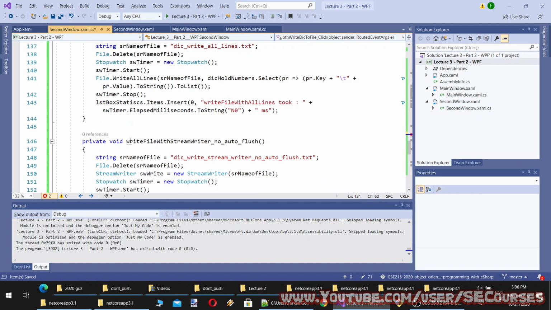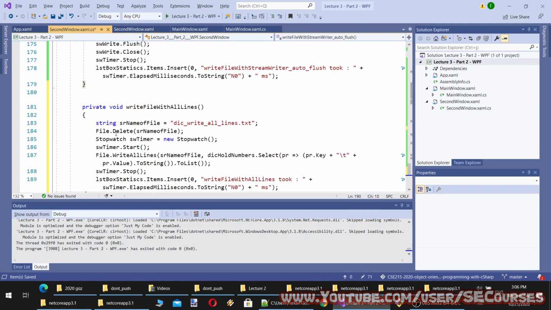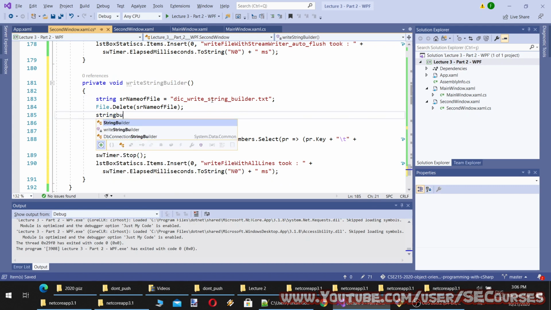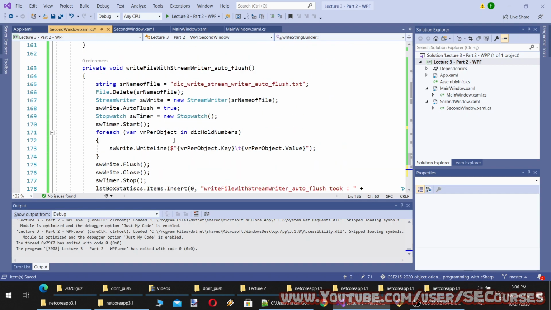And case 3, the method is write with string builder. With string builder, it will work like this. And I will use this.